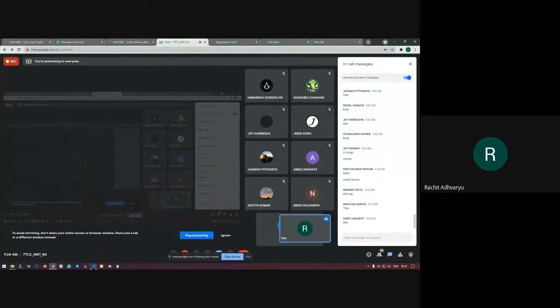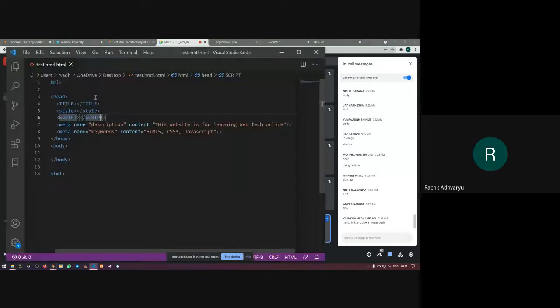Exactly, it will be added into the head tag. Along with the title, you should add your icon so that you can have your icon on the left hand side of your tabs of the browser. Exactly, very good, Yash Kumar. In the head, you need to link and give a source of a particular image and you will just put your image there as a particular tab icon. Right, so this was all about your head tag.